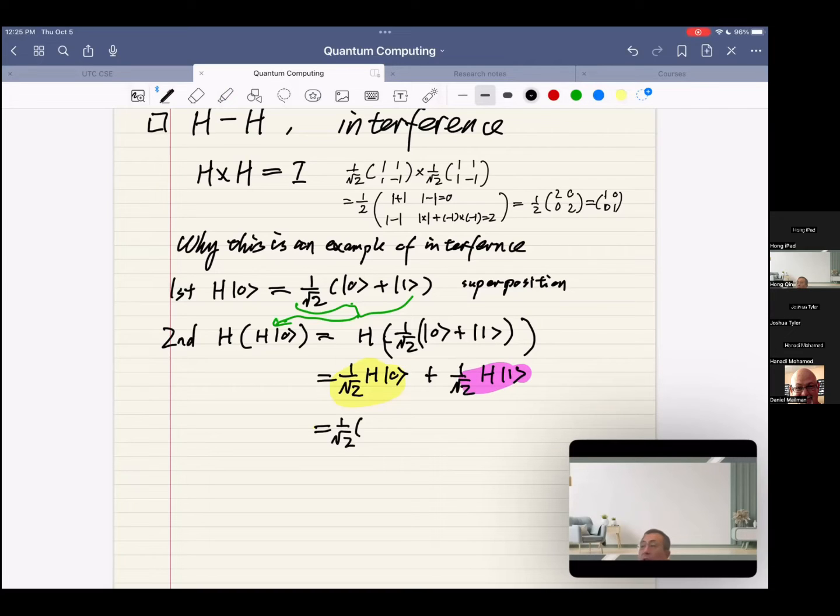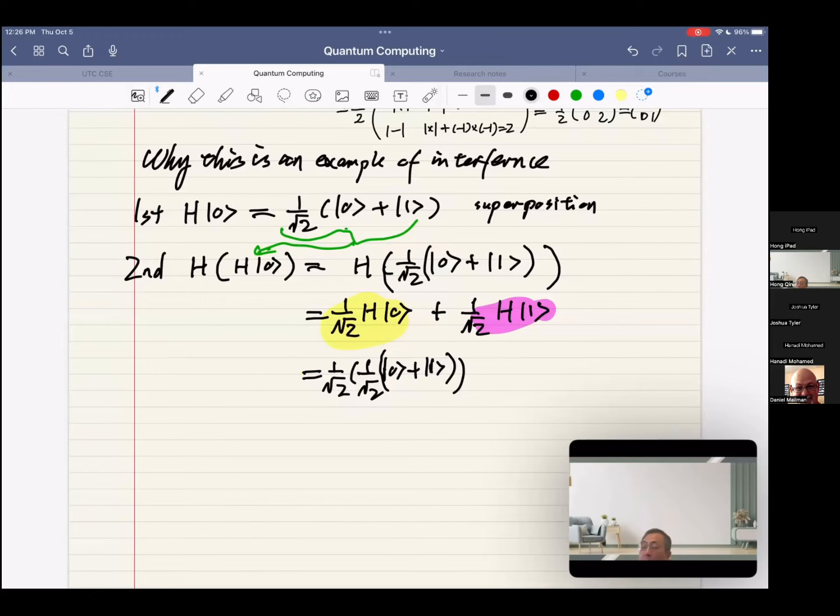Which is what? Cat 0 plus cat 1. That's the first term, the yellow part. This is the yellow part. Now, the second term,